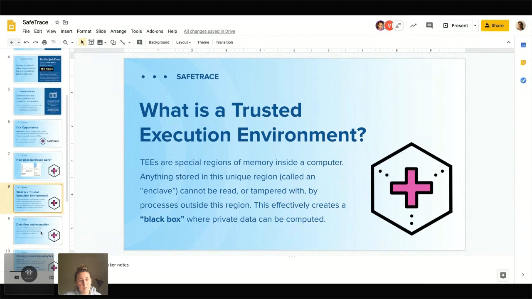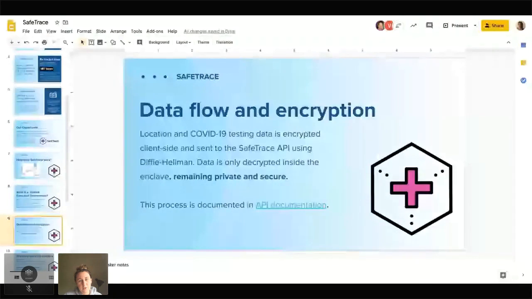That's right. The API provides the tools that are needed for the application to do encryption client side, and then send that data to the enclave. The flow is a Diffie-Hellman protocol, and the API provides the necessary information for the client app to do that. So location data or any type of sensitive data should never leave the client application unencrypted. It's encrypted client side, and then sent to the trusted execution environment where it's decrypted within the enclave. Then the computation is performed and the results are returned encrypted back to the user.